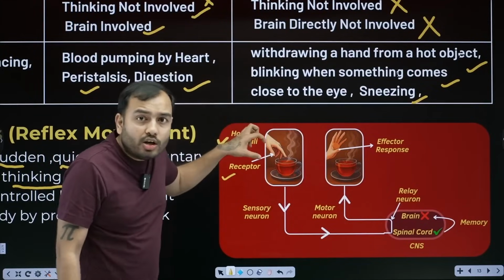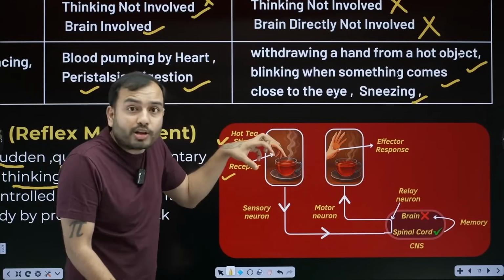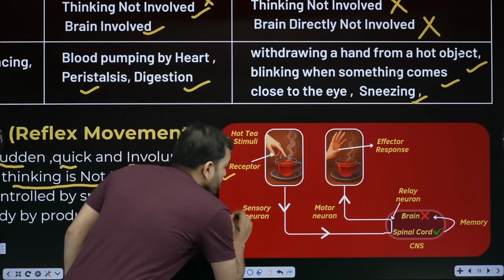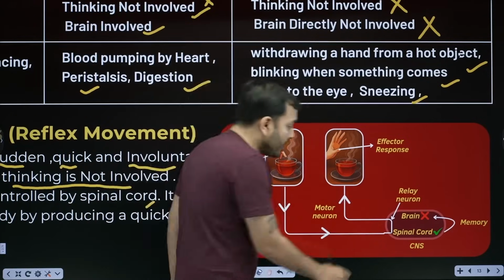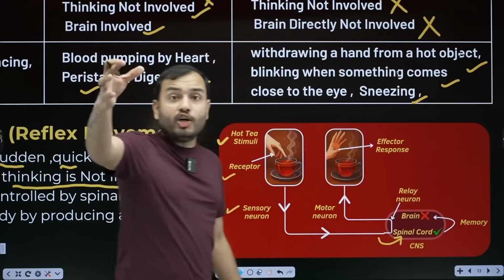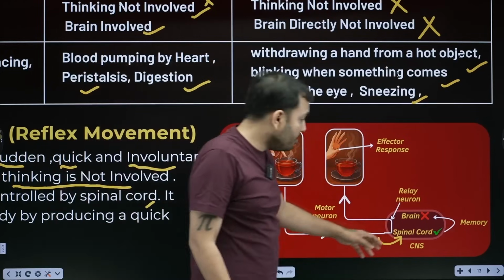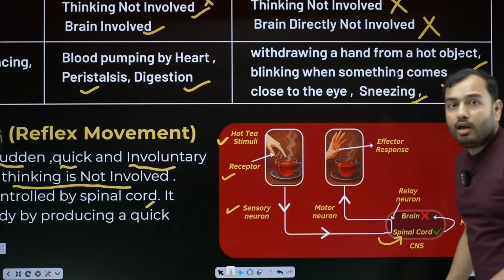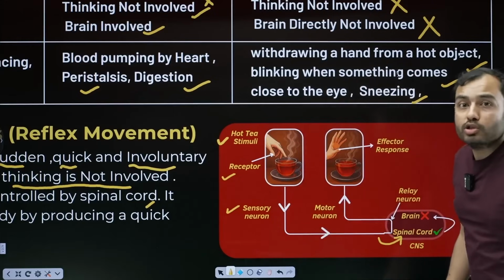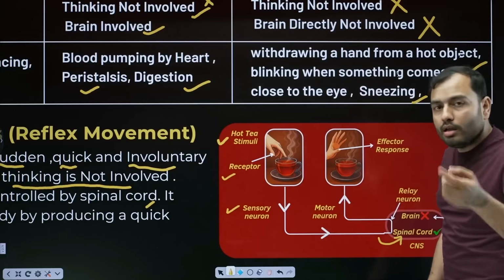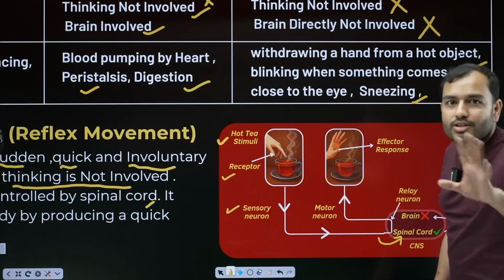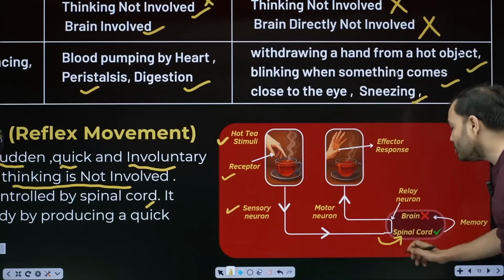Now, this signal has to be told to the brain: hot tea. So the sensory neuron travels to the central nervous system. The message came to the spinal cord: they have touched very hot tea, what should we do? The spinal cord said, the matter is big, if we take the file up, it will take a long time, the brain will think and understand. I take that decision right here. So the Home Minister took the decision himself.